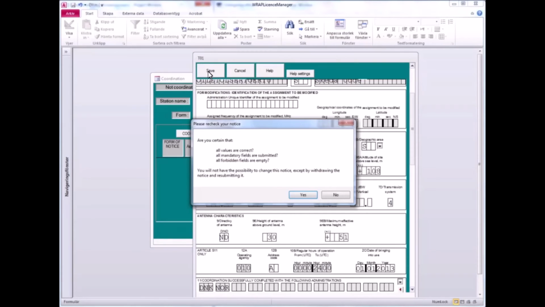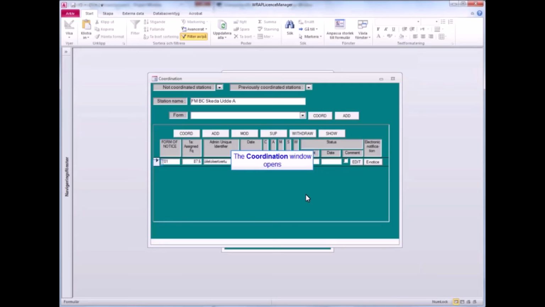Pressing save first gives me a prompt: Please recheck your notice. I'm fairly sure that I filled in everything correctly, so I'll just press yes. Now this has been created as an entry, and a coordination object in the process management of this coordination manager